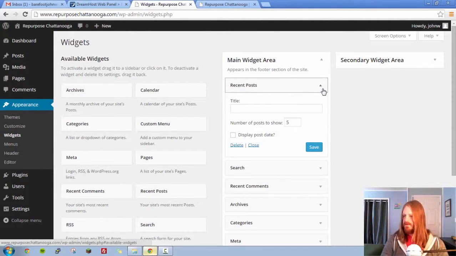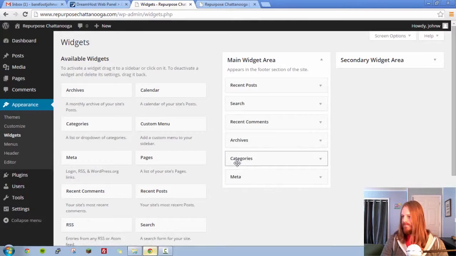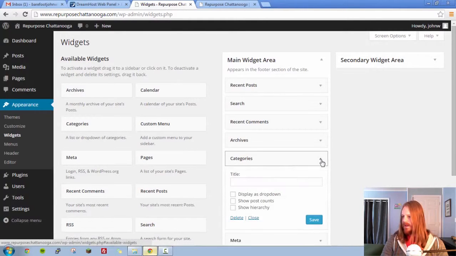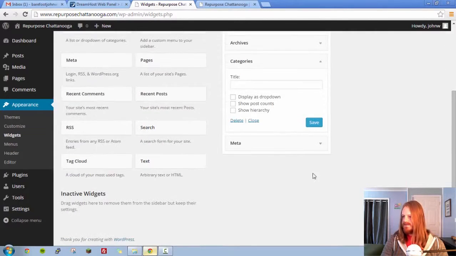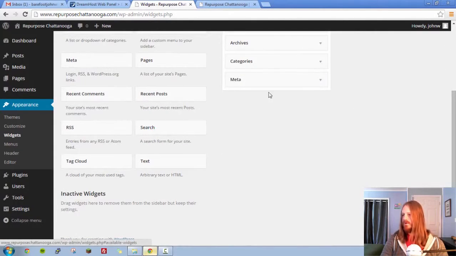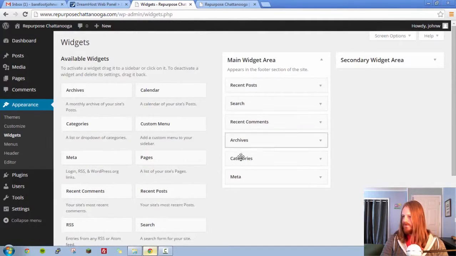Each widget has a little bit of different things you can tweak. So for recent posts, for example, I can say how many recent posts I want to display. So each one's slightly different. Categories, I can say I want to show post counts, or I want to display as a drop down, or show the hierarchy of the categories if there's a parent and a child category, for example. So there's a lot of different things you can do here and play around with and move the order around,